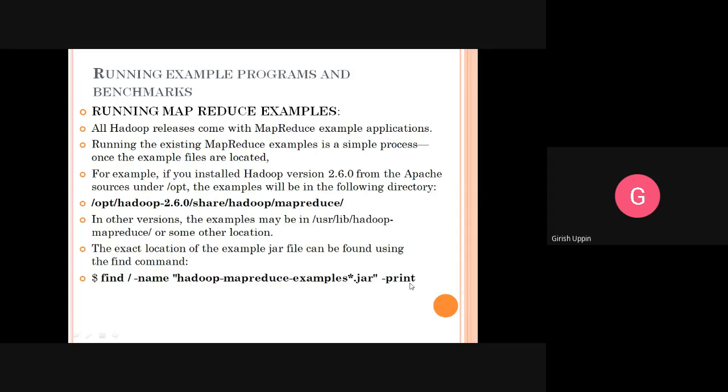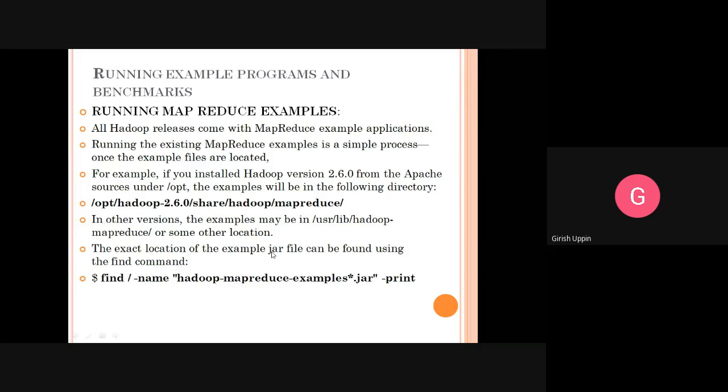The example covered in the book is version 2.6.0. In this version, all the Hadoop MapReduce examples are in /opt/hadoop-2.6.0/share/hadoop/mapreduce.